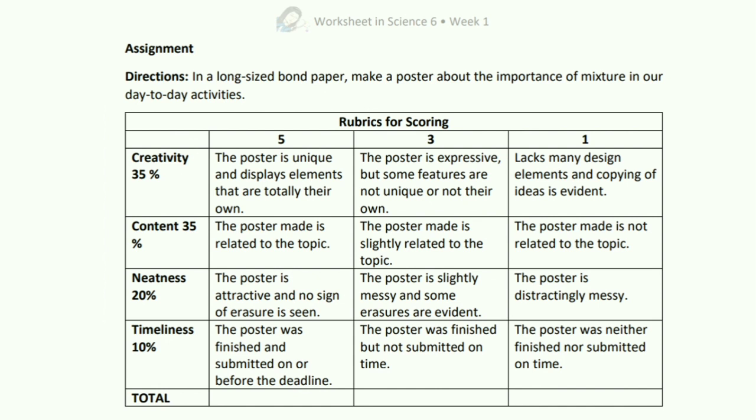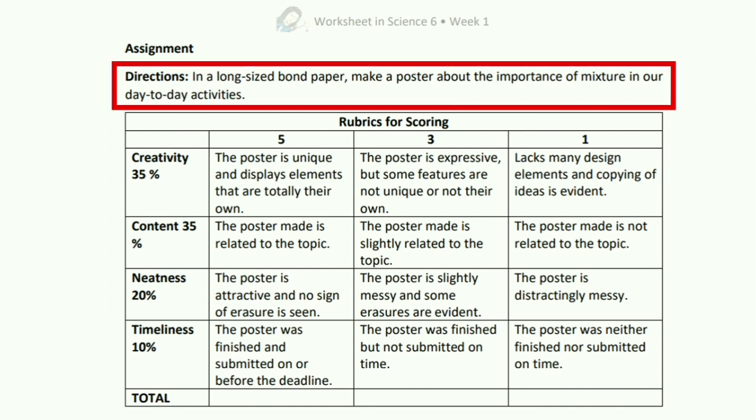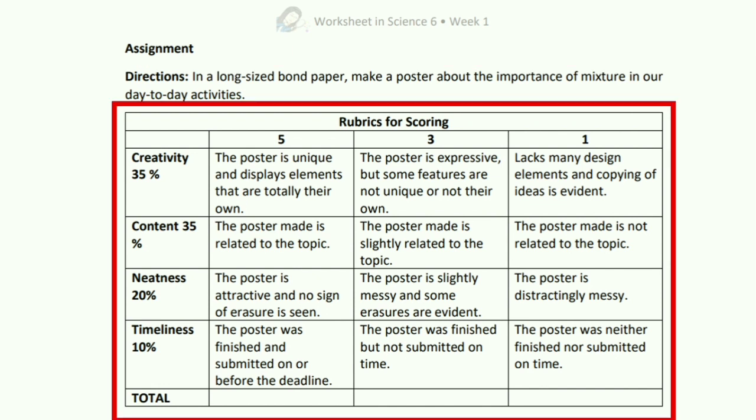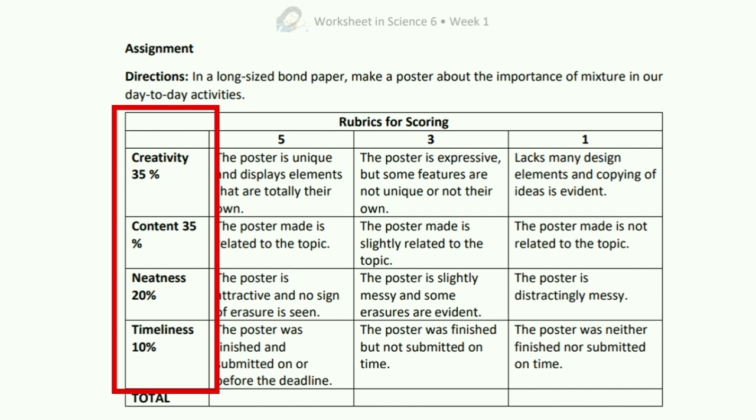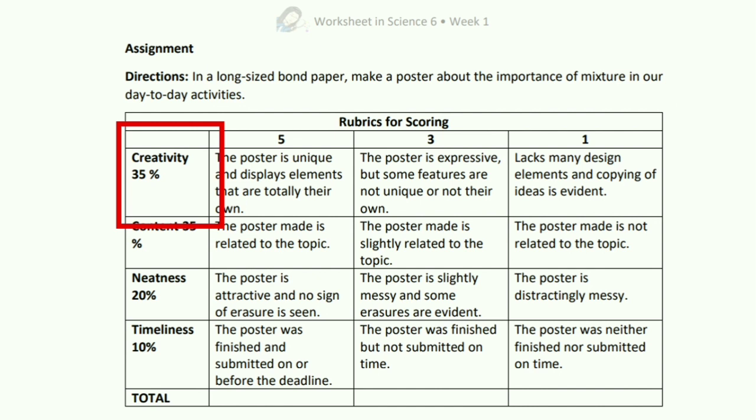For your assignment, in a long-sized band paper, make a poster about the importance of mixture in your day-to-day activities. This is the rubrics for scoring. We have 4 criteria: creativity, which is 35%, content, which is 35%, neatness, 20%, and timeliness, which is 10%, a